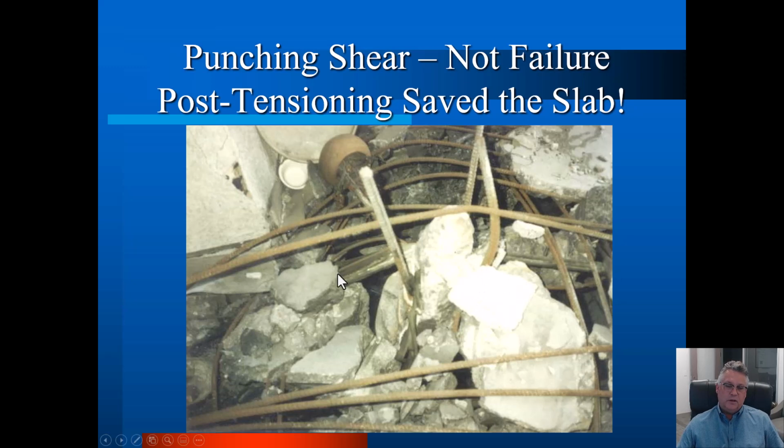Post-tension concrete is the only thing that has any chance of saving the building in a punching shear failure, in my humble opinion. What you're looking at in these green tendons, there are 2 of them that happen to hang up in this direction right over the top of the column. And in the other direction, there are 2 more tendons that also hung up over the top of this column. So 4 post-tensioning tendons are holding up about a 30-foot by 30-foot bay of concrete with a building on it. That's the building to the left. That's the stucco wall to the left.